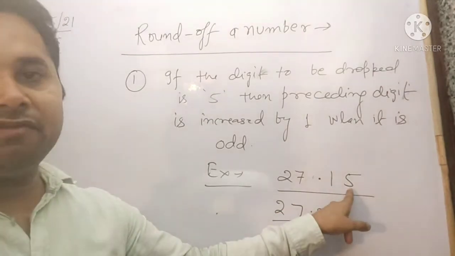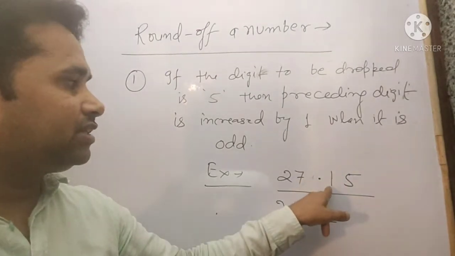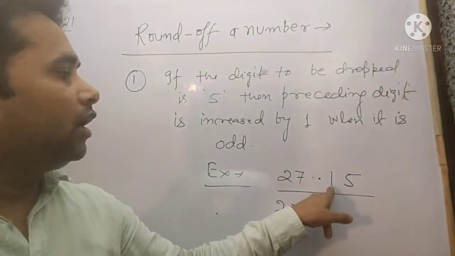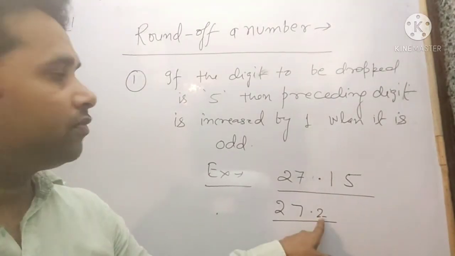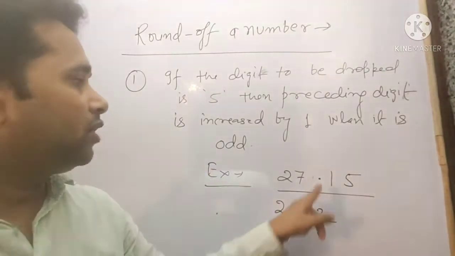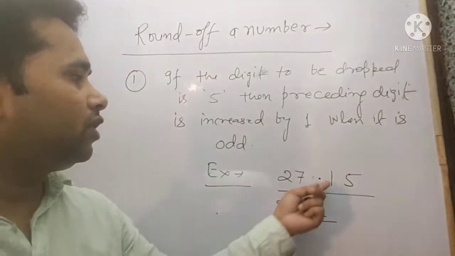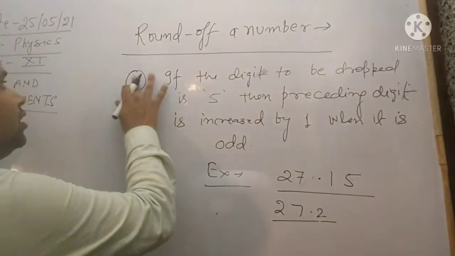ड्रॉपिंग डिजिट इज 5. अगर मुझे 5 को छोड़ना है, एंड प्रीसीडिंग वन, दिस इज द प्रीसीडिंग वन, इट विल बी इंक्रीज्ड बाय 1. देखो यहां मैंने एक बढ़ा दिया, ऐसे 1 को 2 कर दिया. क्यों बढ़ा दिया? बिकॉज इट इज ऑड नंबर. 1 इज एन ऑड नंबर. जब 1 ऑड है तो वी कैन इंक्रीज इट बाय 1. एंड द थर्ड